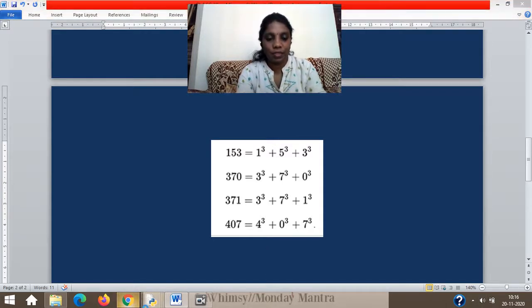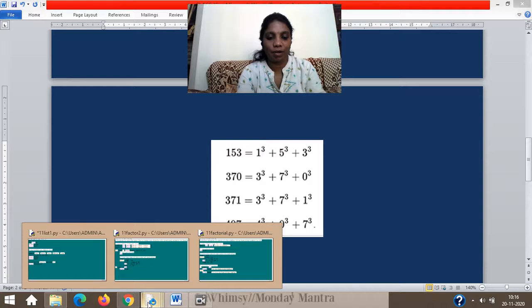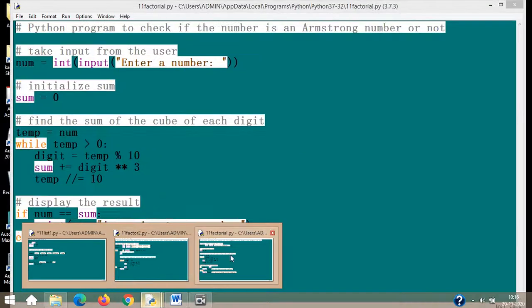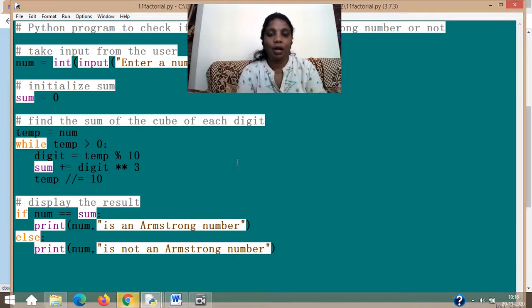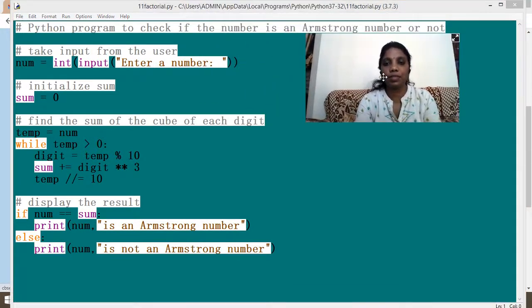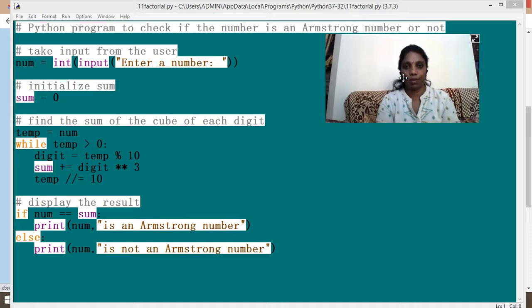So the code is ready here. This time, I made a mistake by clicking on something else. This time you will actually be seeing two different varieties of Armstrong number program. Here it is a Python program to check if the number is Armstrong or not. That means you are just given a number, and that number is technically checked whether it belongs to Armstrong. How to check? You have to take out the digits one by one, cube it, and then add it, and see whether the same number is found as the answer. So what you do is explained inside this particular code.